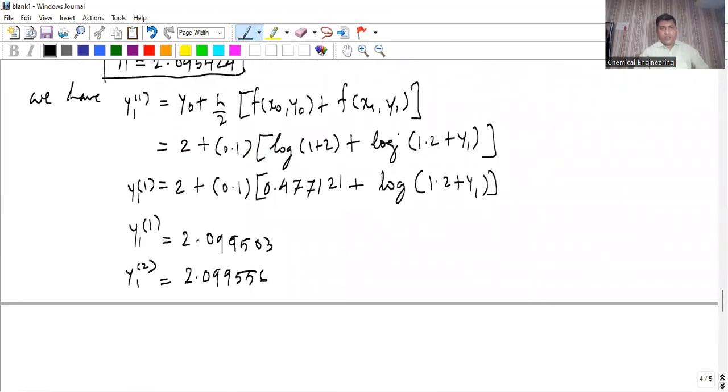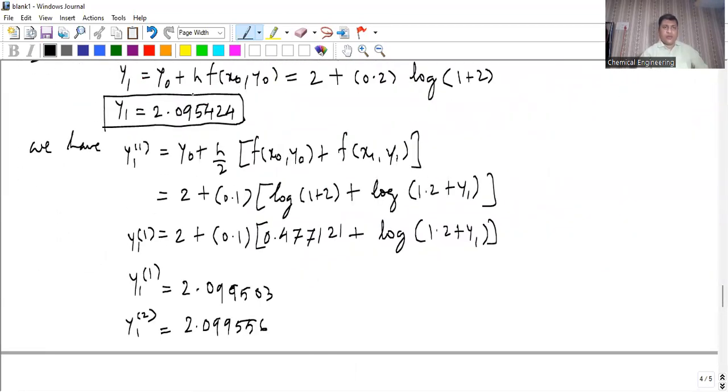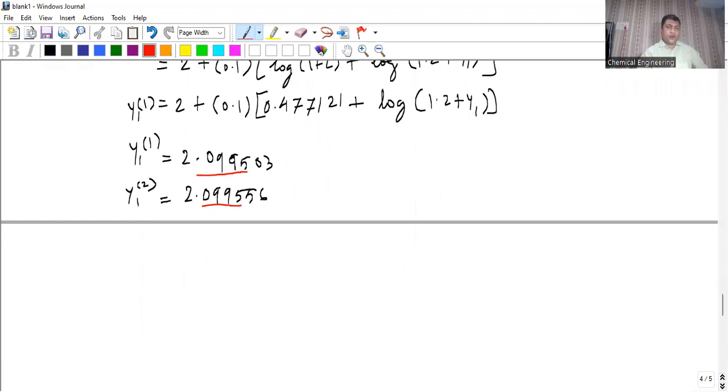Okay. So the first value was 2.0954. The second value we got 2.099. Okay. And so we got the next correction as 2.0995. So we have matched actually 4 digits. Okay. So required was 3 decimal places. We have matched one more. So that's good. And hence what I can write is,